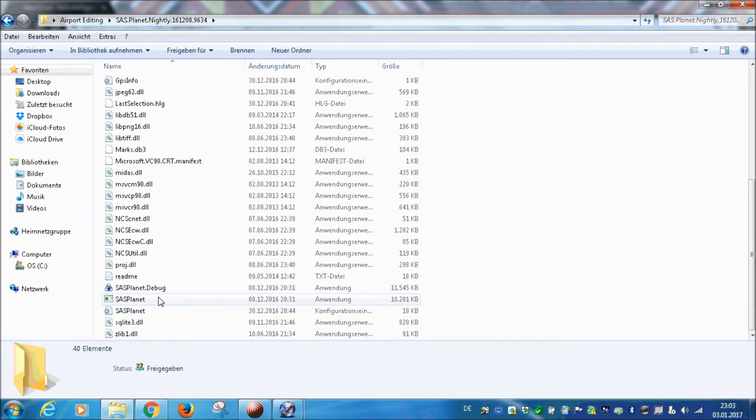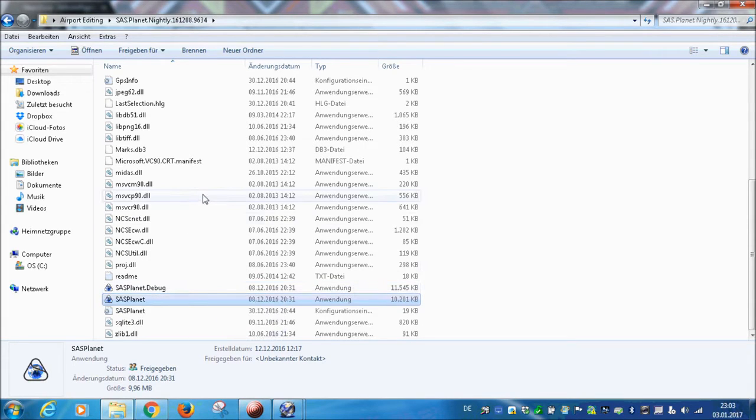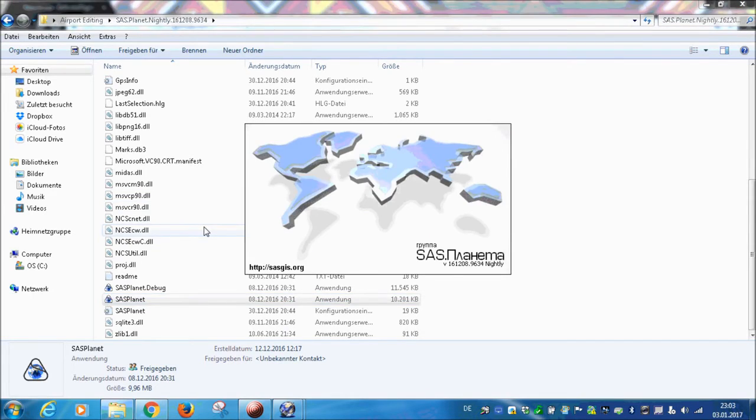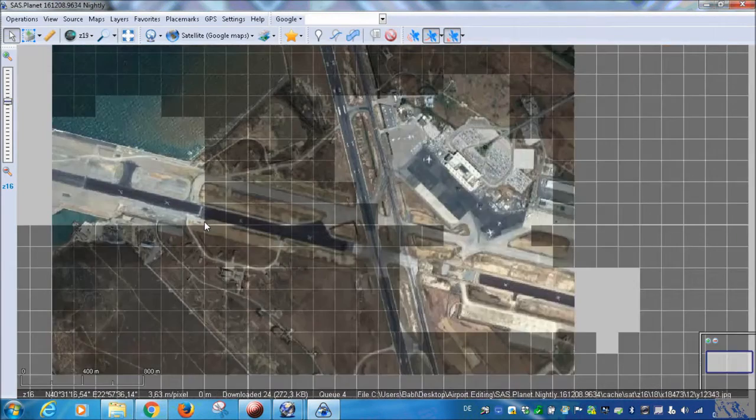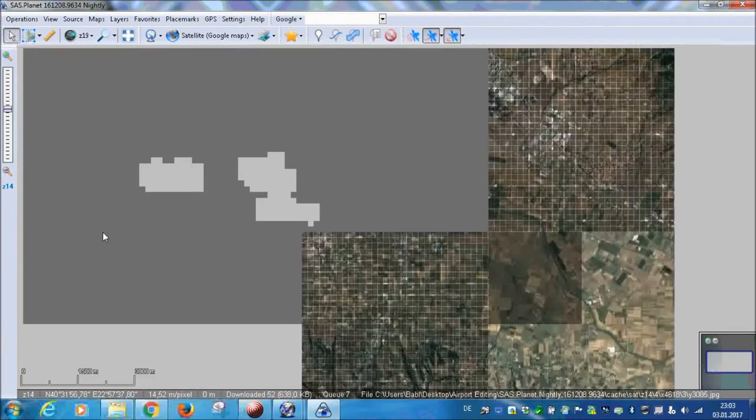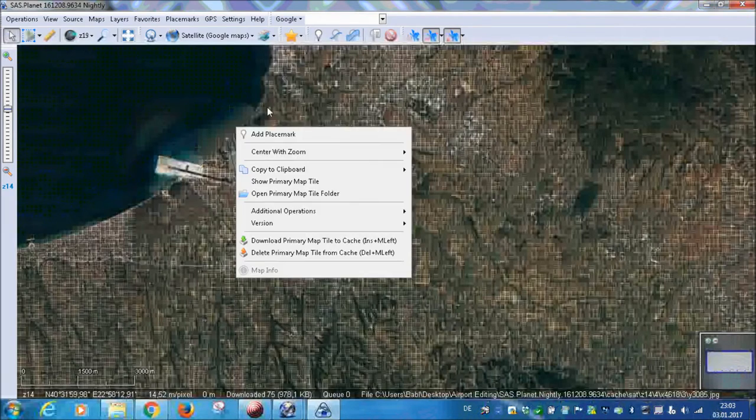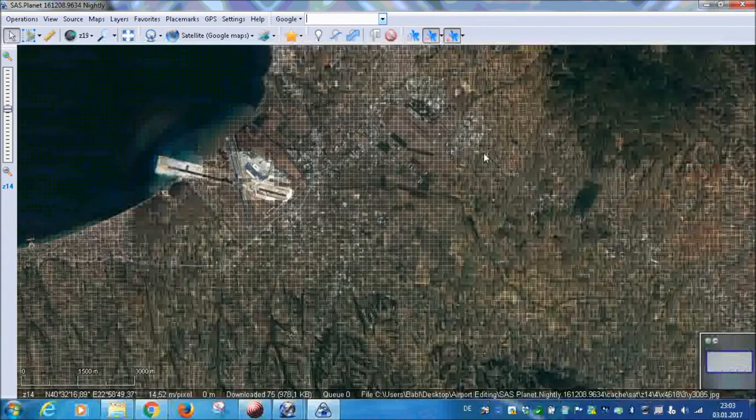If you have Apple, you can skip this part because we have to use WEDbing for this. I will show it afterwards. Both SAS Planet and WEDbing will need some time to boot, but it will come eventually. So I will go and search in the top search bar for Halle Open